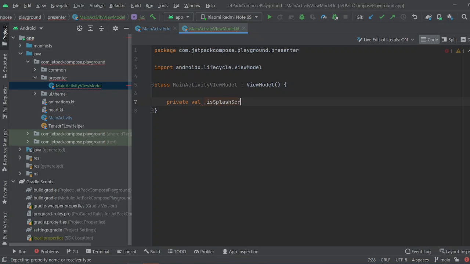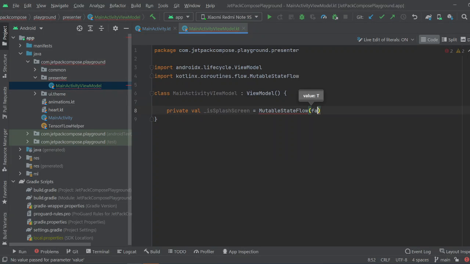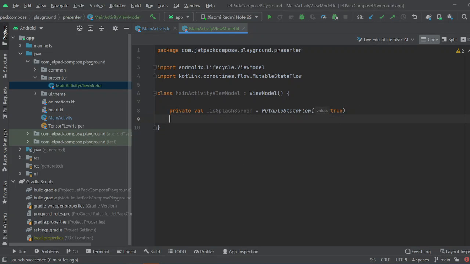Is splash screen, mutable state flow, not false, true, and well, is splash screen. Okay,